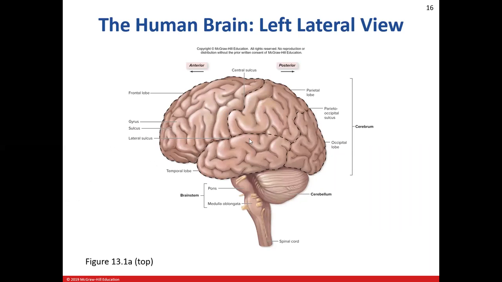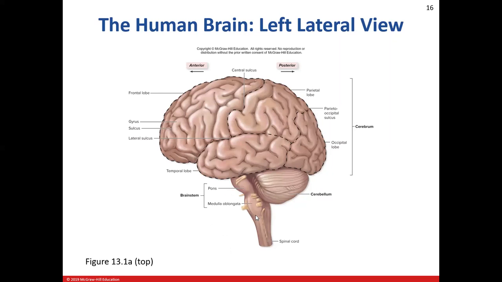which if you've gone through the anatomical bone portion, you'll notice that this falls right along the lines of the parietal bone. The occipital lobe falls right along the lines of the occipital bone, and the temporal lobe also falls along the lines of the temporal bone. Our fifth lobe is going to be one that we'll see here coming up, and it's going to be known as the insula. If we look at the other components here, you'll see that we have the brainstem, which includes